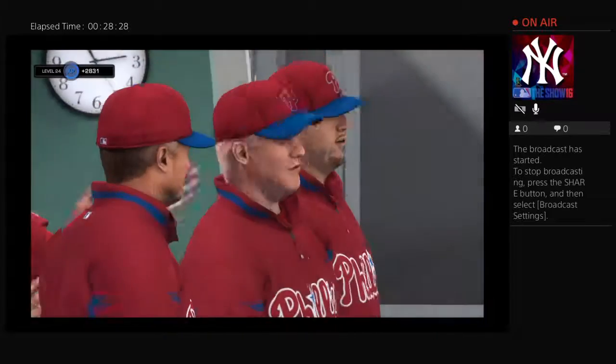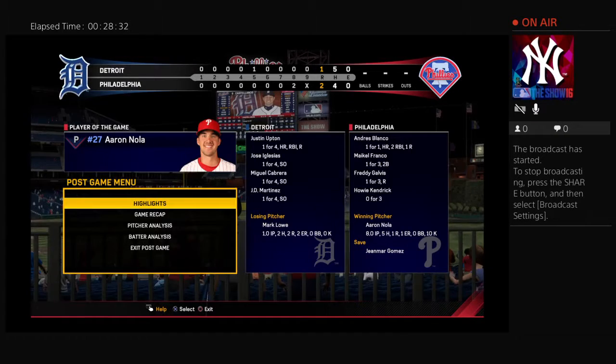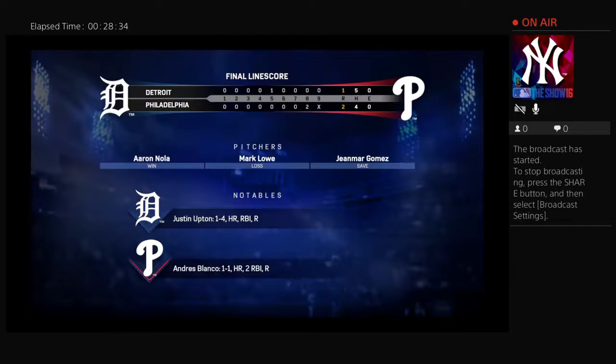Well, in time, and the ball game is over. Close one tonight. 2-1, the final score. Philadelphia earned the victory despite only collecting